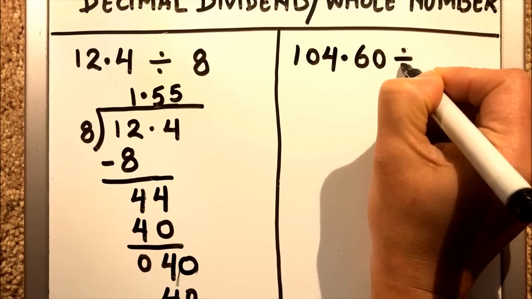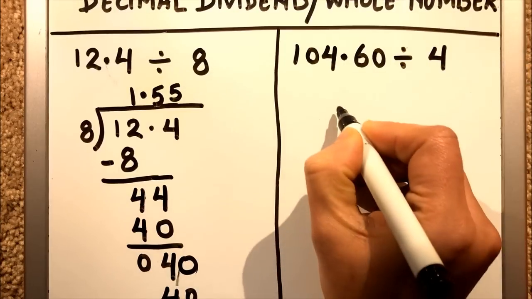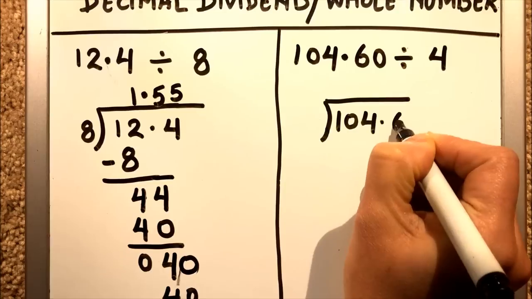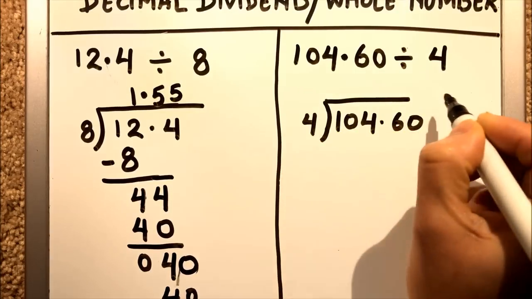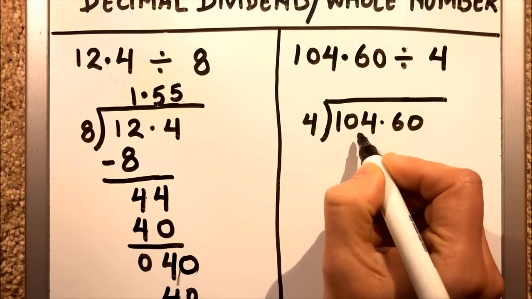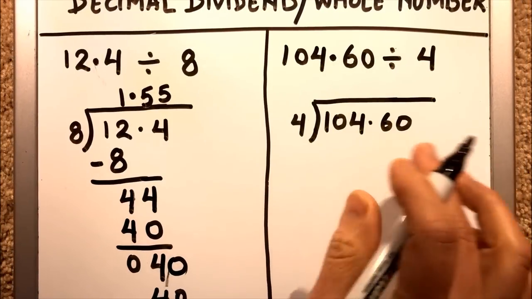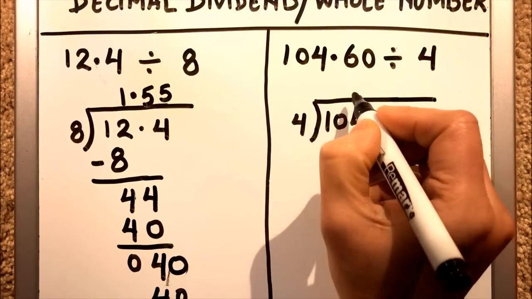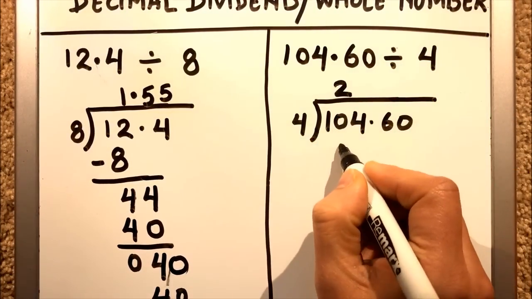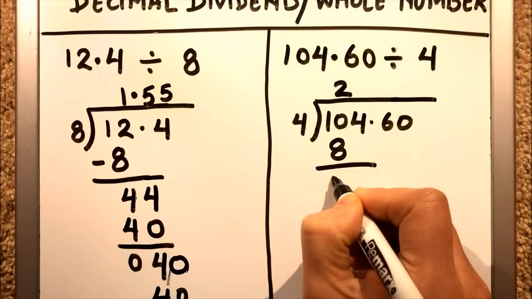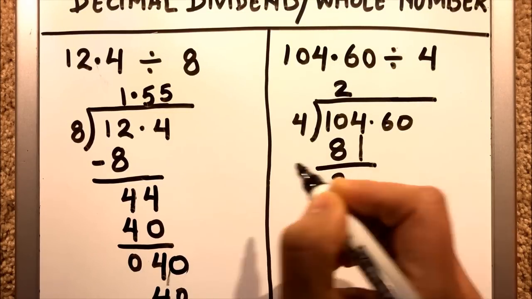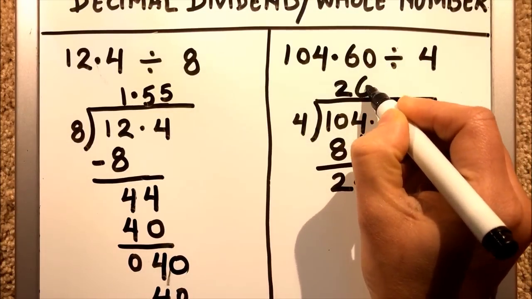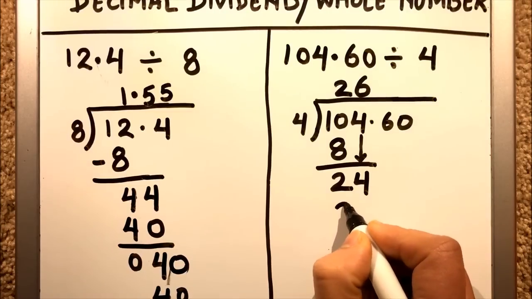104.60 divided by 4. So we'll start by writing the number as this, and then here we will check. Here also we'll take two numbers together because 1 is very less than 4. 1 is not divisible by 4, so we'll take two numbers. So 4 times 2 is 8. Remainder is 2. Then we'll drop down the next number, which is 4 here. Then we'll count the tables of 4. So 4 times 6 is 24.